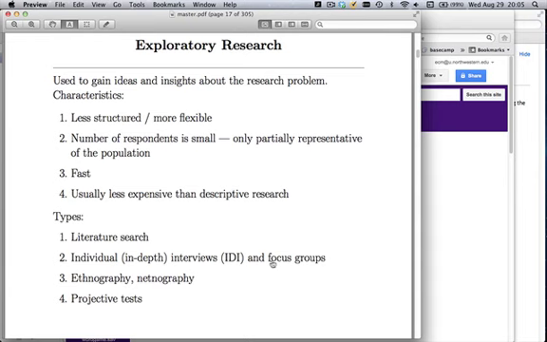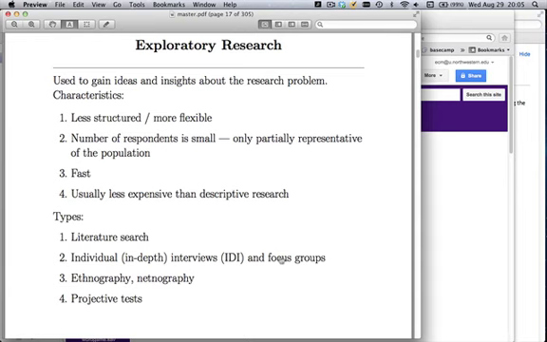Focus groups are a little bit different. With focus groups, you can click on the link here and get the Wikipedia page on them. They usually involve a group of about 8 to 12 people in a room, and you have a moderator who's leading a discussion about your brand, or maybe a new product that you're considering launching,